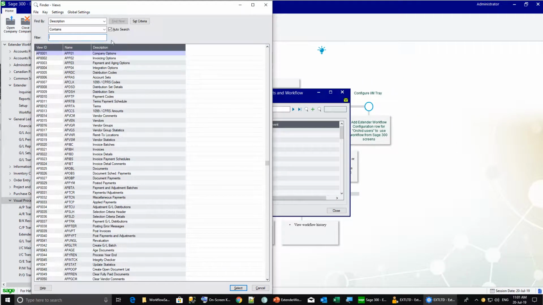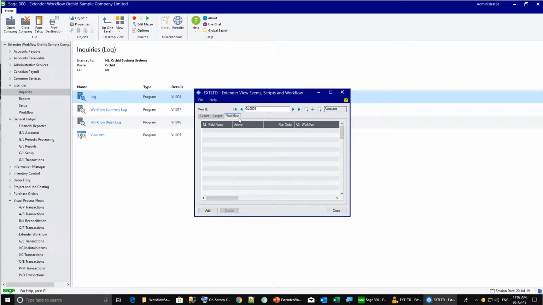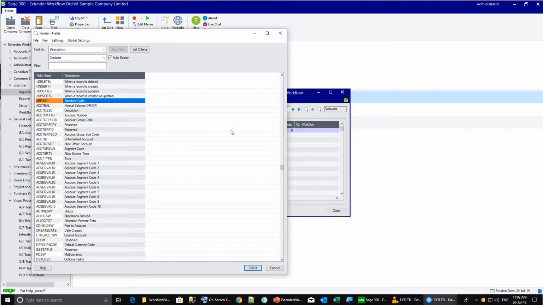And now I can search by view name or view description. And I want to use GL accounts, GL0001, GLAMF. You can see we've got a new tab called Workflow. I'm going to attach that in this example to the insert. So whenever a new GL account is inserted,